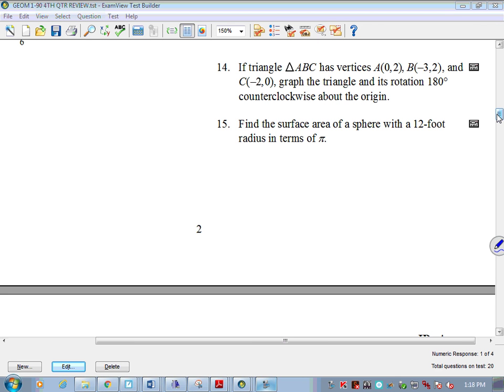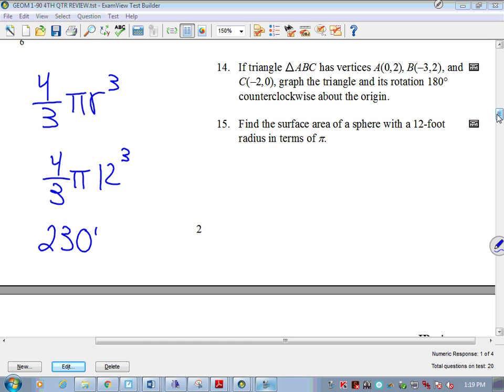What is the formula for finding the volume of a sphere? 4/3 pi r cubed. We want to find the surface area of a sphere with a 12-foot radius in terms of pi. 4/3 pi 12 cubed. Okay. What is 12 to the third times 4 divided by 3? 2,304 pi